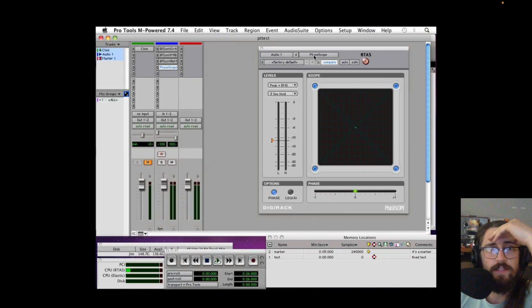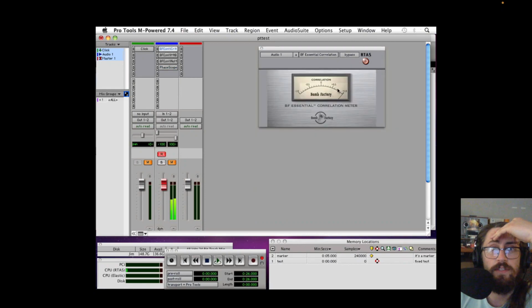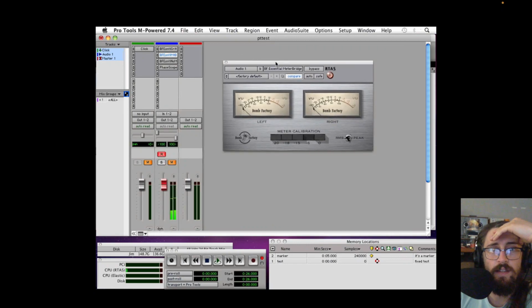Kind of got a test session here. Mute that. Get this input here. I guess I'm kind of tilted to the right just a little bit. That means the right input is just a little bit too hot, but I don't really care. It's fine. But yeah, this is old school Pro Tools. Like 2008 Pro Tools. These are the plugins that it came with. They're kind of neat. They're a little confusing if you don't know what you're doing, and I definitely didn't know what I was doing at the time.